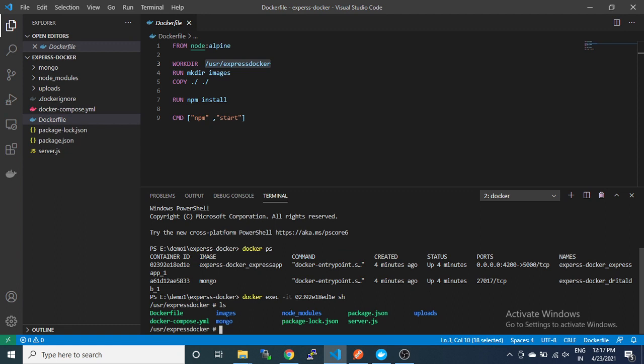So you can see there is the folder images which we have created using the make directory command, and this is the uploads folder which has been copied from there to this one. So you can see, go inside the images.